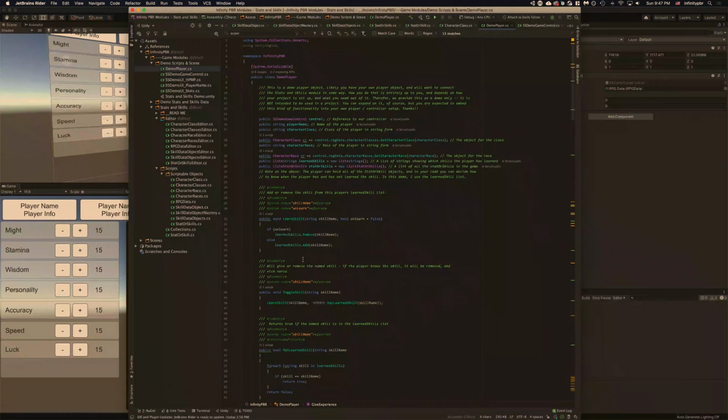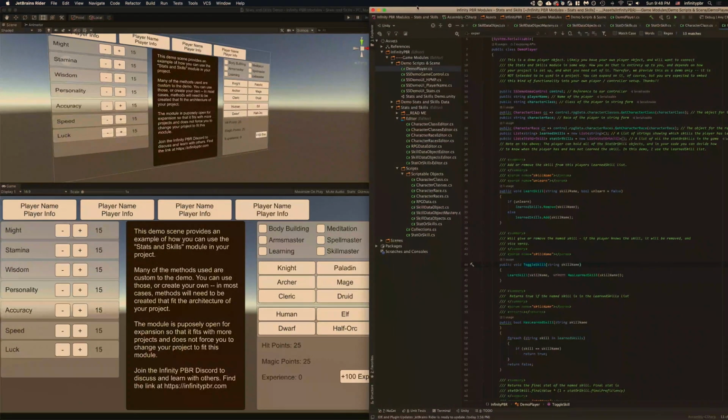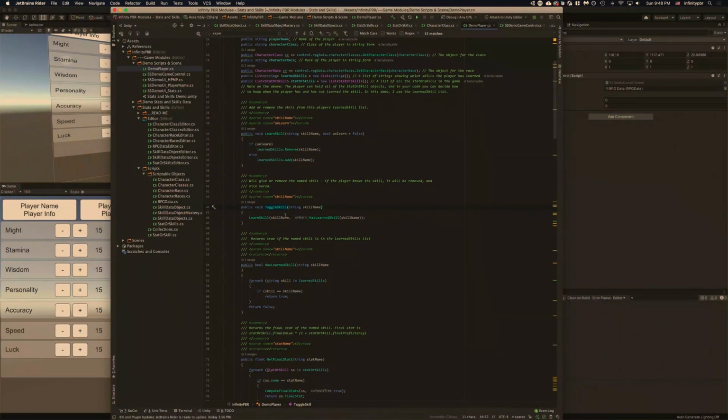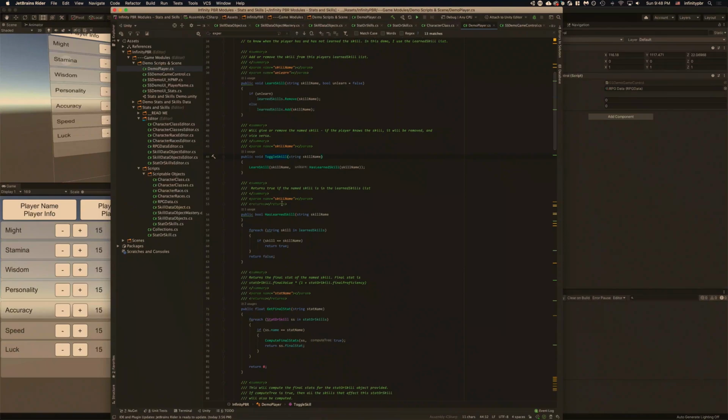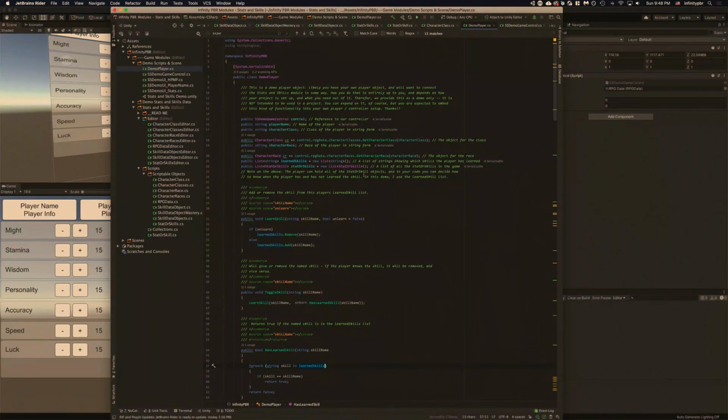So for this demo, we have a few things like learning a skill, and you can unlearn with false, and then we have another one called toggle skill, which just turns it on or off, and that's what I use for these buttons there, for the toggle buttons for the skills. It just turns that on or off. We also have whether we've learned a skill, so it just returns true if the player has learned a skill, and this is going to go through their learned skills, because in the player